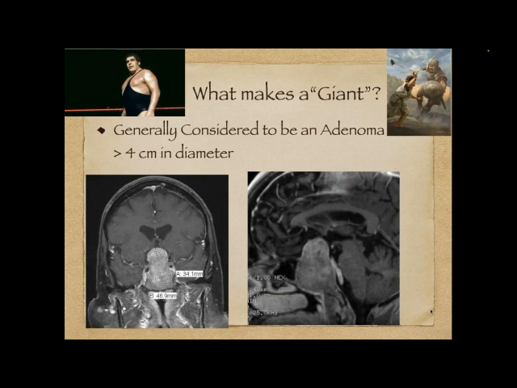Now, moving on, really one of the biggest challenges when we look at invasive tumors is something called a giant tumor. And as you might imagine, a giant tumor is one that can really extend well beyond this area of the sella, which is the little saddle that the pituitary sits in. And the general definition, if you look at papers written by surgeons, is that anything over 4 centimeters is considered giant.